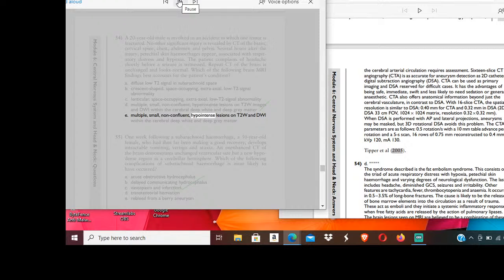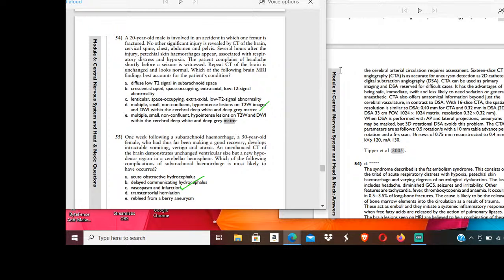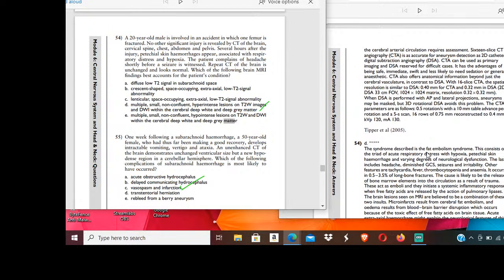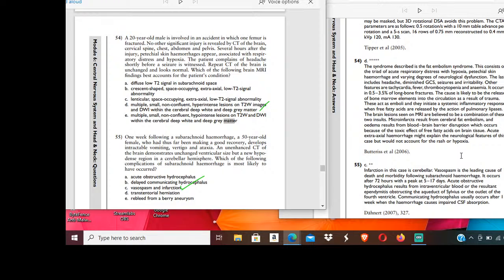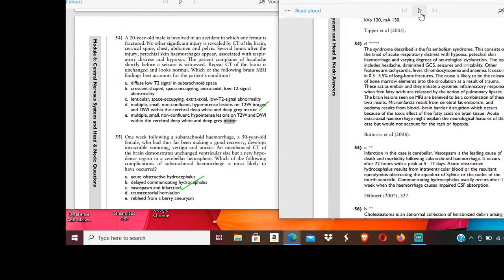E. Multiple, small, non-confluent, hypointense lesions on T2W and DWI within the cerebral deep white and deep gray matter. (2005)